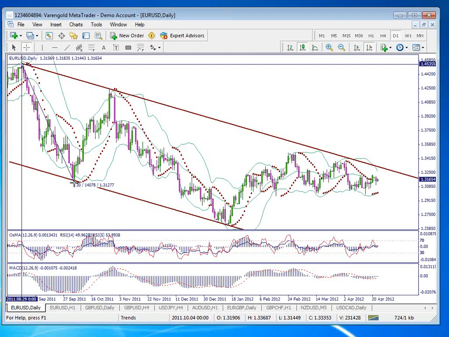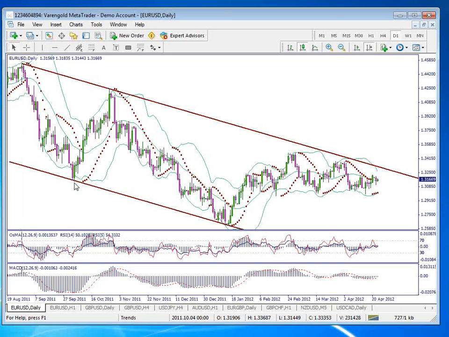I have one broker that is offering 5-digit pricing for currency pairs. So in pips it means about 1,400. For the second wave we have about 21 candles and about